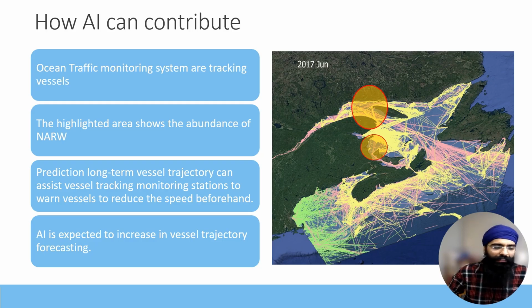So my study was to predict how vessels are moving and what their next 12 hours trajectory will be. A trajectory is a path or a series of steps. So my target is to analyze the current 3 hours trajectory of a vessel and predict what the next 12 hours trajectory will be.